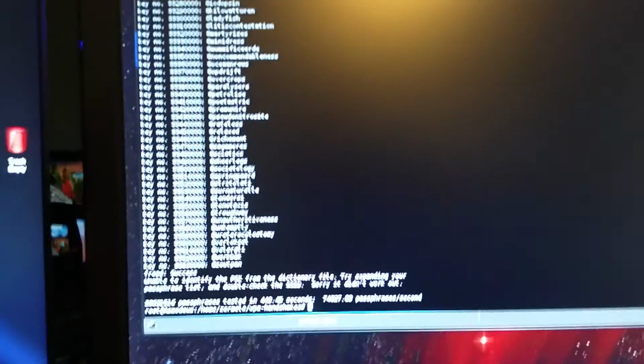47,000 passphrases per second. Now you may be thinking that's pretty slow, but if you know anything about this particular algorithm that WPA uses, it's called the password-based key derivation function 2, or PBKDF2. I've actually coded that algorithm once. It's pretty interesting. It uses other algorithms within it, the SHA-256 and a few other things. But one of the things it uses purposely to slow down dictionary attacks. It uses